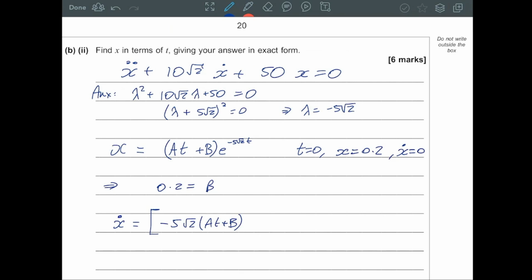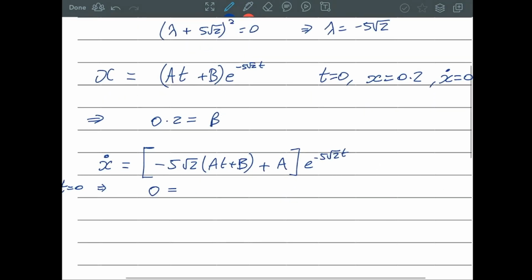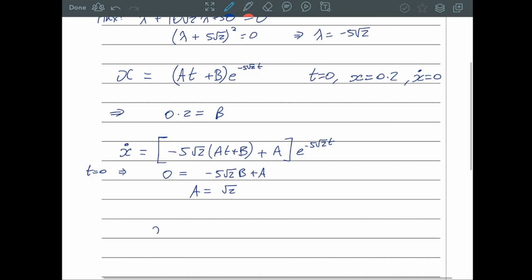And if I differentiate the other term, I get plus a. And in both cases, the e term just lives. Then using t equals 0, it was released from rest, so that's 0. Negative 5 root 2b plus a, and the e term also disappears. So the b is a fifth, which kills the 5. So a equals root 2. So x equals root 2t plus a fifth